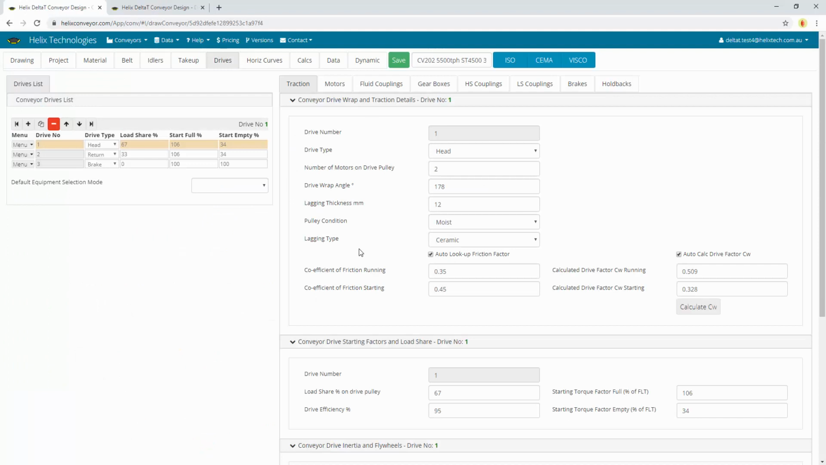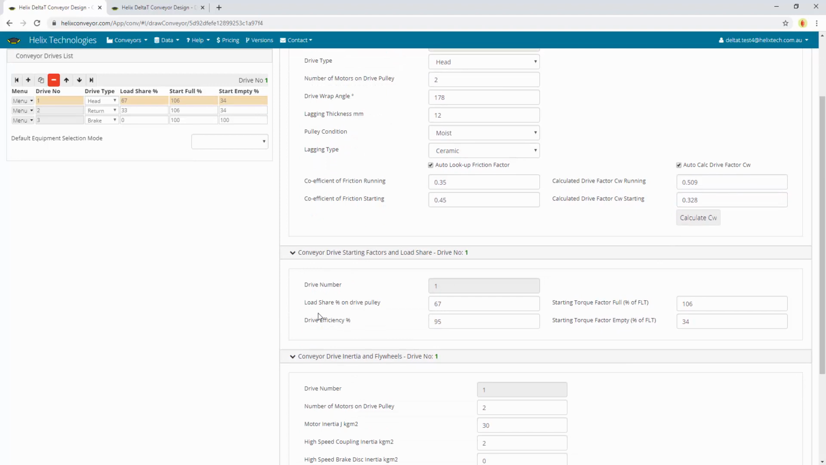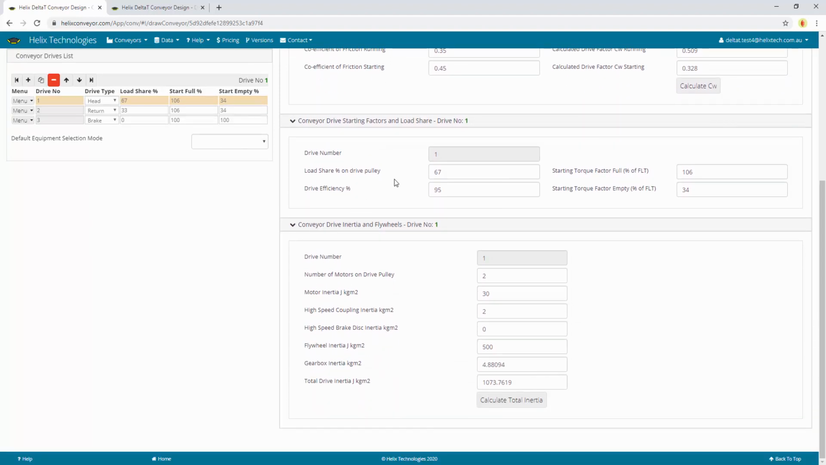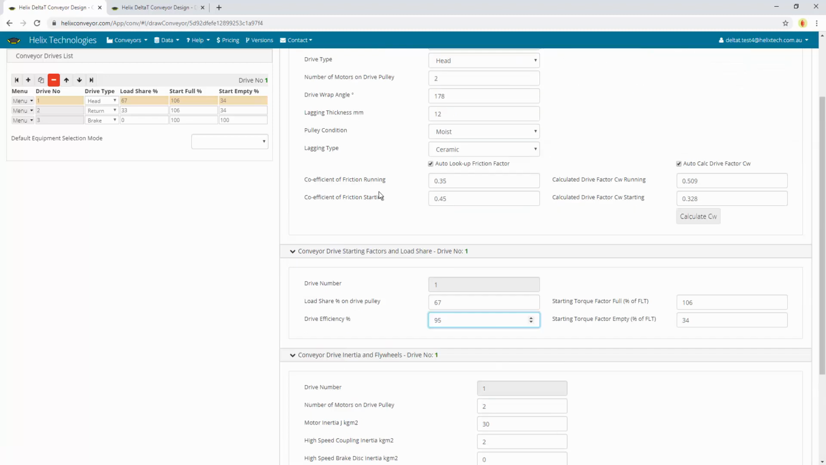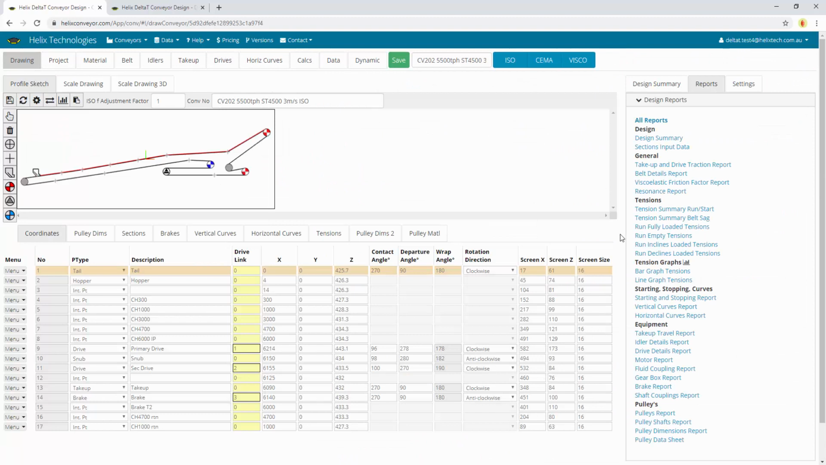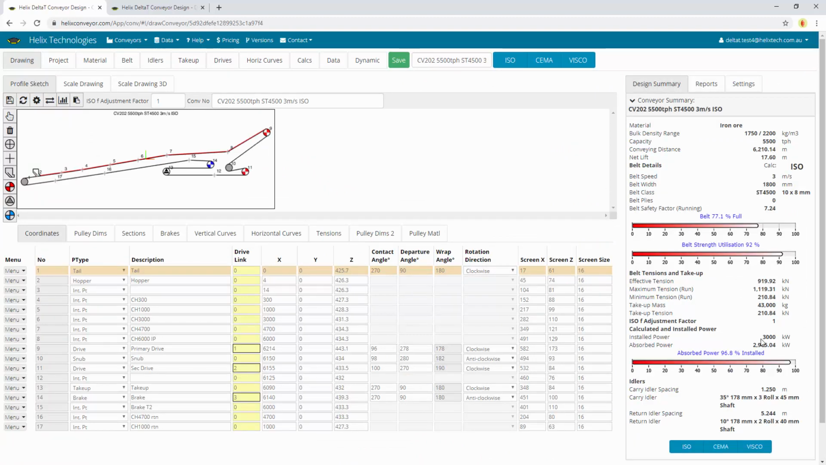So going back to the conveyor, you can either use that auto lookup table or enter your own, and you can also calculate the drive factors running and starting here, or select your own. So I'll just leave these on, and moving on down, we can see just the information we've entered up here: the load share, starting full, start empty, and the drive efficiency. So when we calculate the conveyor, we'll determine the demand power for the conveyor, and then the absorb power will be calculated using that